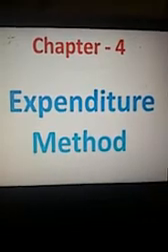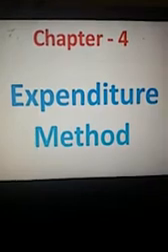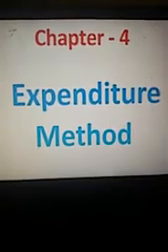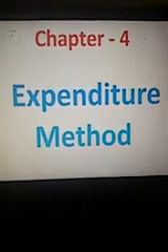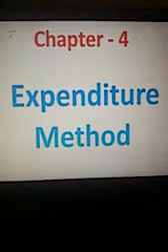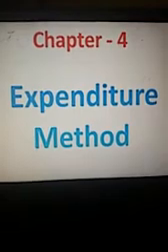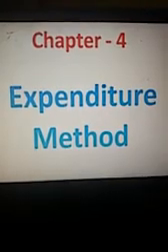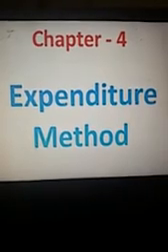Now what are the precautions which we should consider before estimating the national income from the expenditure method? Basically there are five precautions for the expenditure method. First, only final expenditure is to be taken into account to avoid the error of double counting. Final expenditure is to be interpreted as expenditure on final goods and services. Second, expenditure on second-hand goods is not to be included because the value of second-hand goods has already been included during the accounting year of their manufacturing.